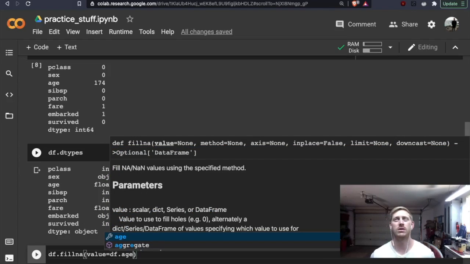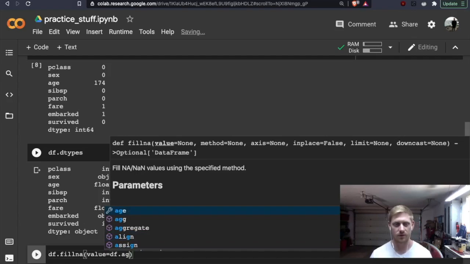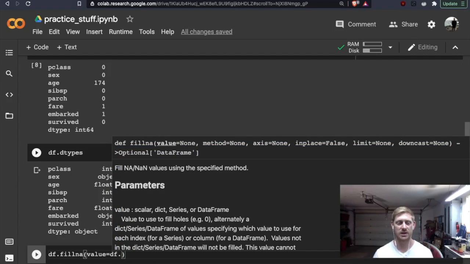I'm thinking of like using groupby, so if we grouped by the P class and then we took the age of the P class, that would then give us the age associated with each of the P classes. But then we might want to create a for loop for that as well to go ahead and loop through it. So how would I want to do this?